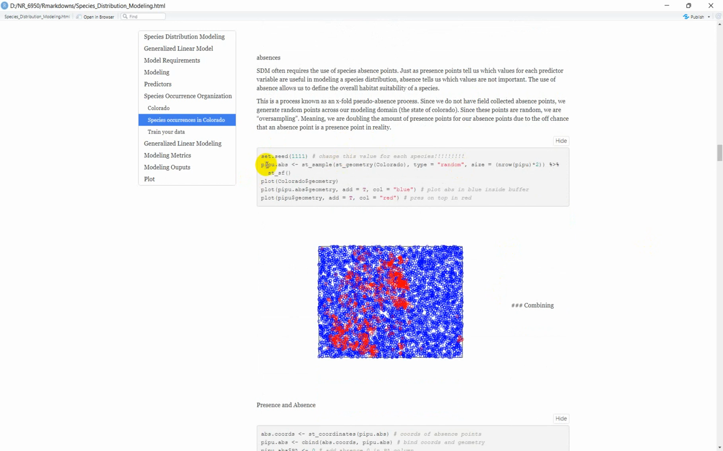So I'm calling this PIPU dot abs, so for absence, and we're going to be using the function st_sample. st_sample allows us to develop